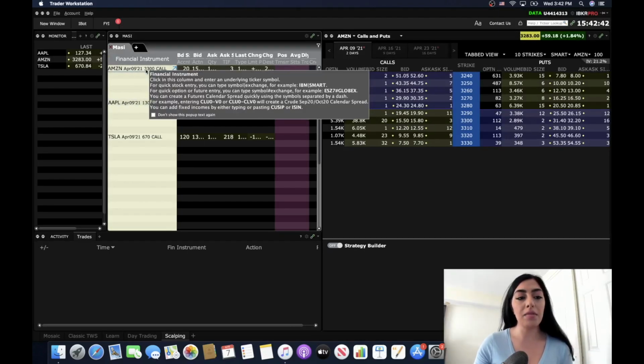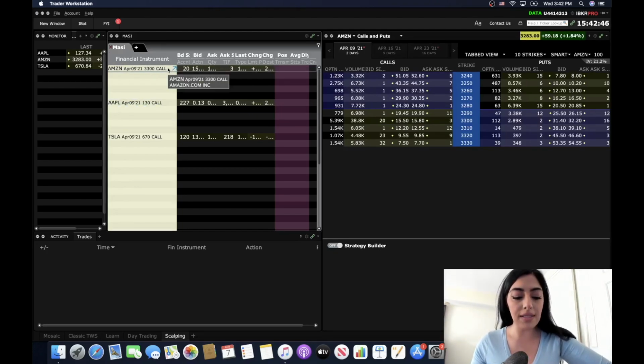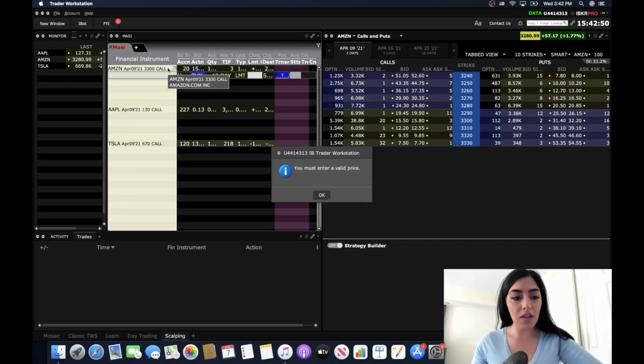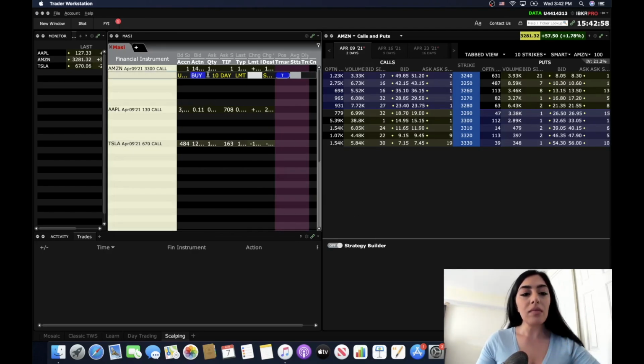Apply, and I say I want to do the Amazon call. I click the Amazon call. You want to make sure that it's highlighted under Quote Monitor, and then same concept. You hit your hotkey, so Shift R, and this won't pop up, like I said, guys, once you have it connected to real time. It's not connected to real time, and my account's not funded, so that's why it says this. And there you go. There is your order. Buy 10, limit